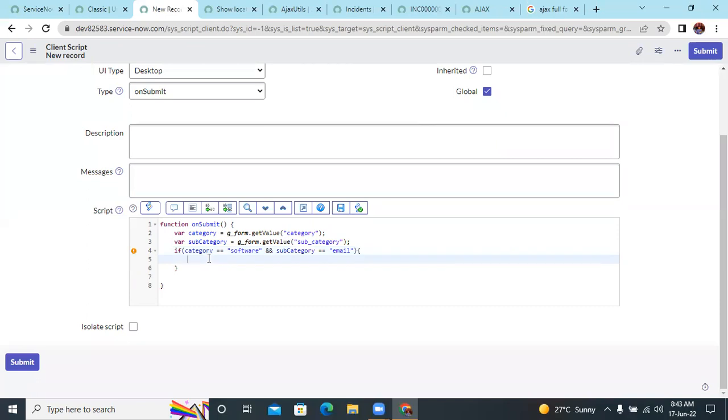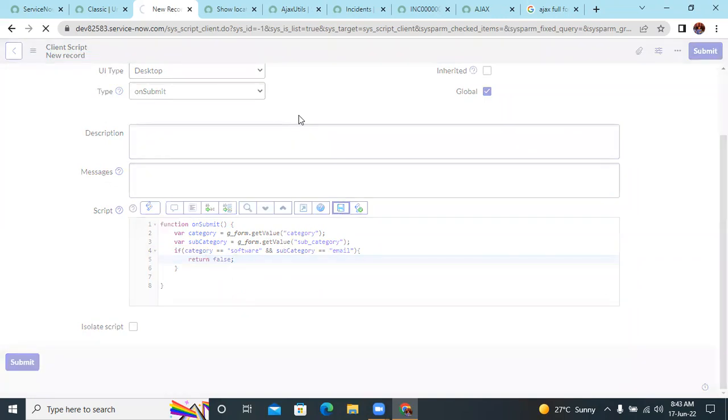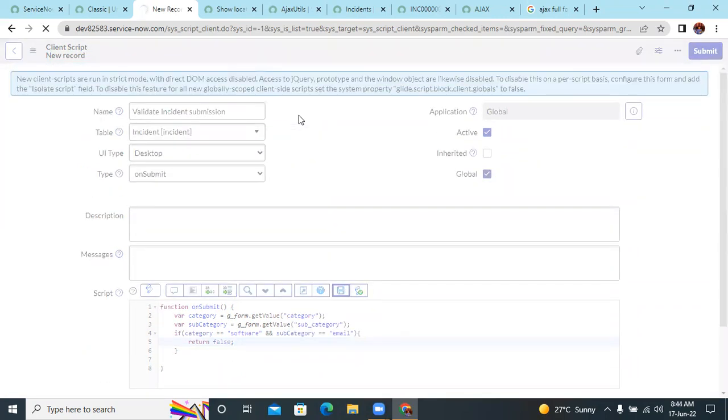I don't want this particular incident to update or submit or save. In that case we can return false. If you return false, then this particular incident won't be submitted